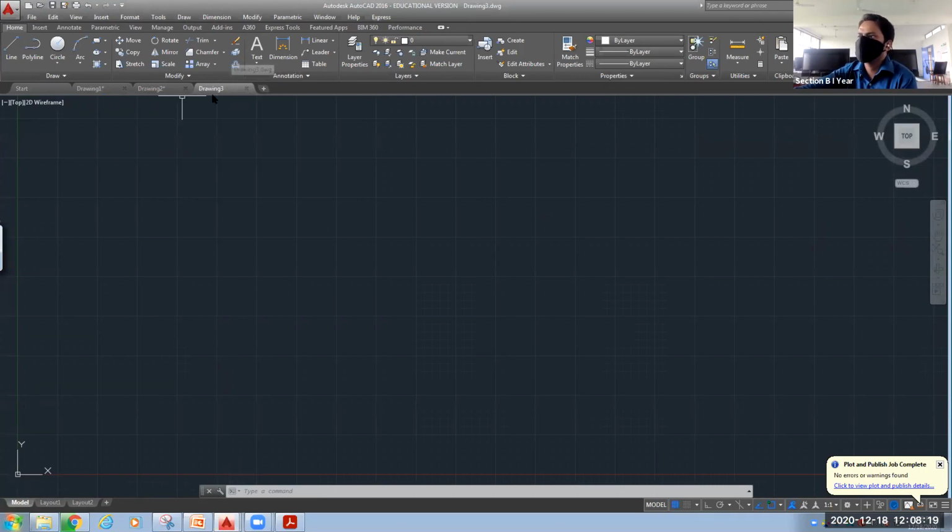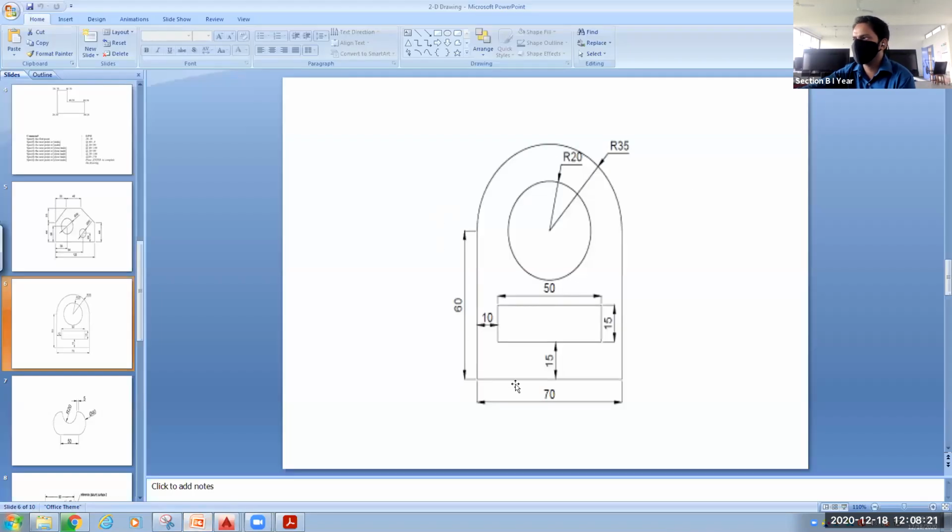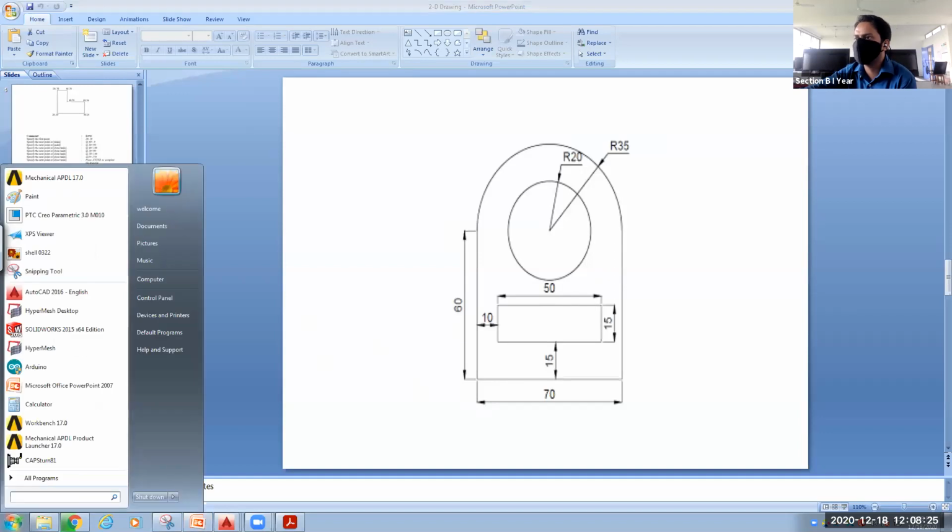I will take a snapshot of this so as to see the dimensions of the figure. I will use the snipping tool.